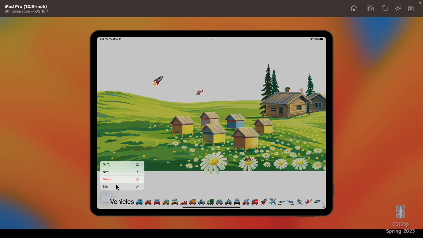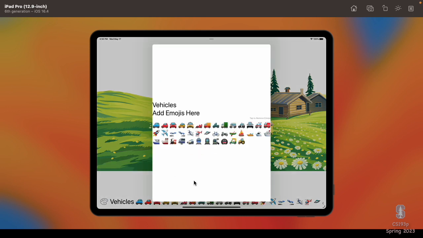Vehicles, we're going to edit vehicles here. Oh, there it is. Well, not bad. Okay, we can kind of see it taking shape here. It doesn't look anywhere near as nice as what we saw with the memorized one. But I've got my tap to remove emojis, which is nice, a little instruction that I put there. And then hopefully I can click here and edit this and type some emojis and add them. And then of course I want to be able to change the name of the thing.